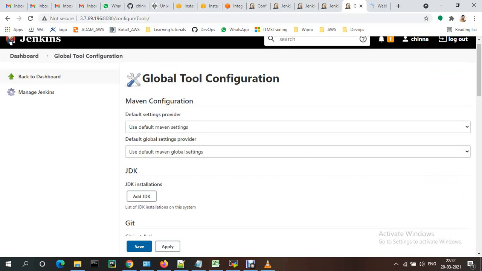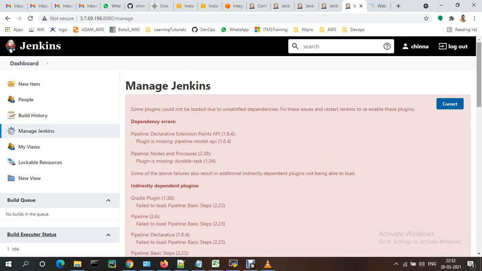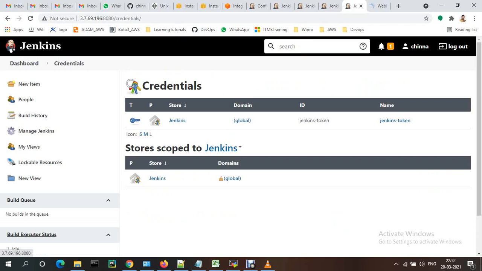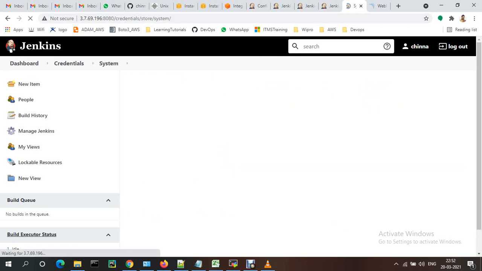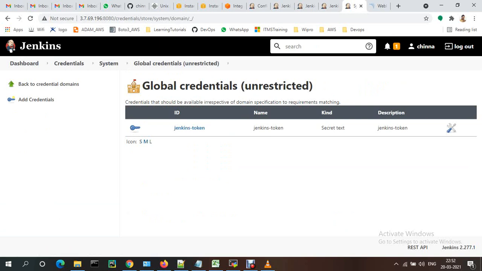Okay, and if it comes to the credentials, where we just added the secret key, right? For that, manage credentials. Okay, here I have added the credentials like the Jenkins token. Whatever the Sonar text file is, that token ID I just copied here.